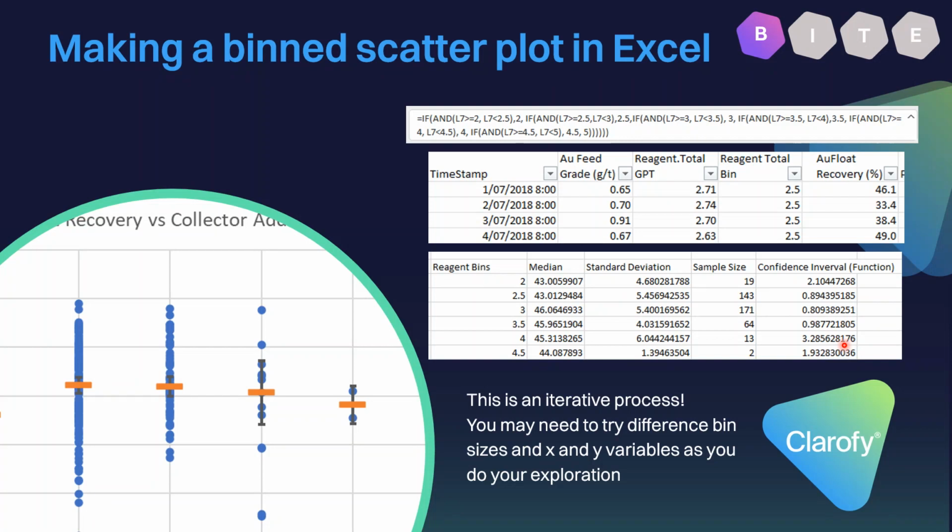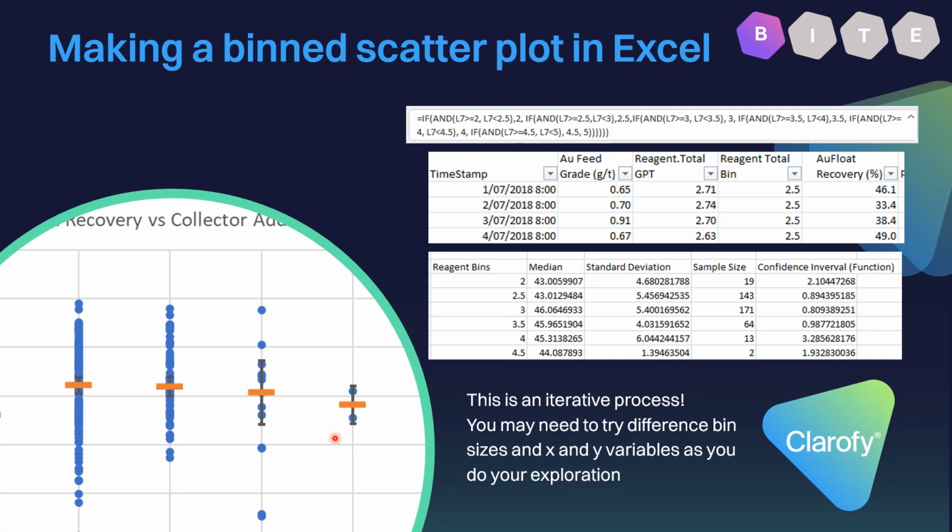And I have used 0.05 as my confidence interval, as 95% confidence is what I'm after. Obviously, you're welcome to use whatever confidence level you want. And then what you want to plot is this variable, your binned variable. You want your median on top of that, and you want your confidence interval on top of that as a line. So you might or might not be able to see it over here. It's the gray lines in the middle.